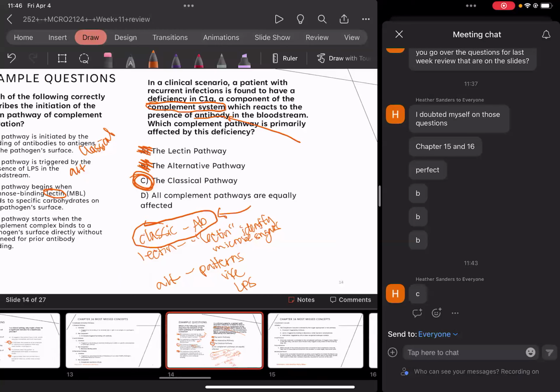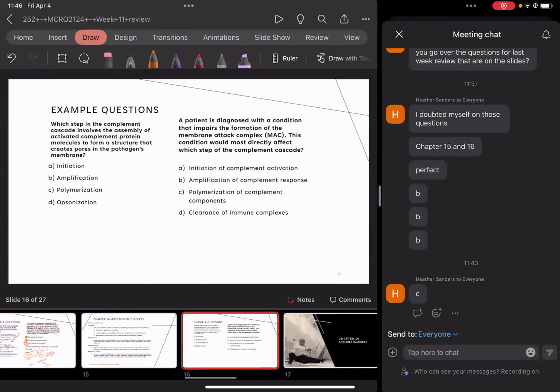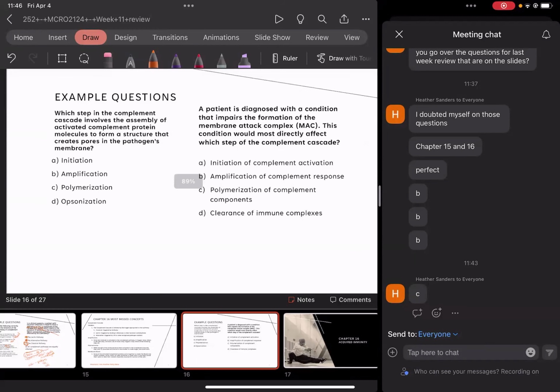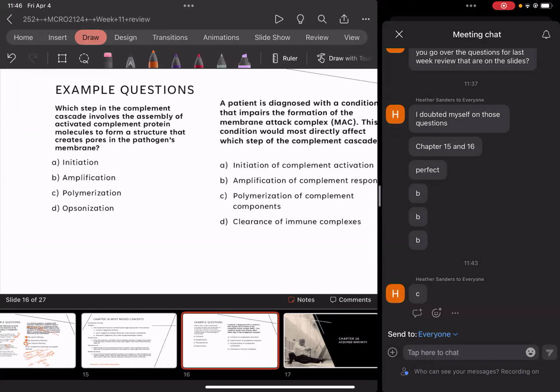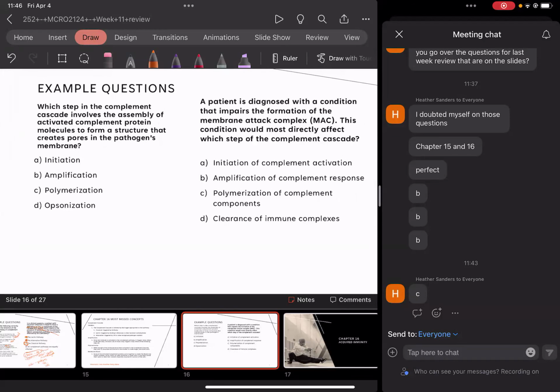All right. Next question, for 16. Which step in the complement cascade involves, this is supposed to be 15. It says 16 on that other slide, but this is 15 still, sorry. Last question for 15. Each step in the complement cascade involves the assembly of activated complement protein molecules to form a structure that creates pores in the pathogen membrane. So in complement,